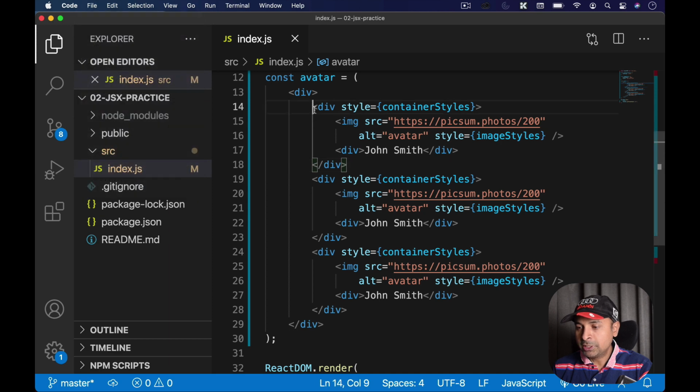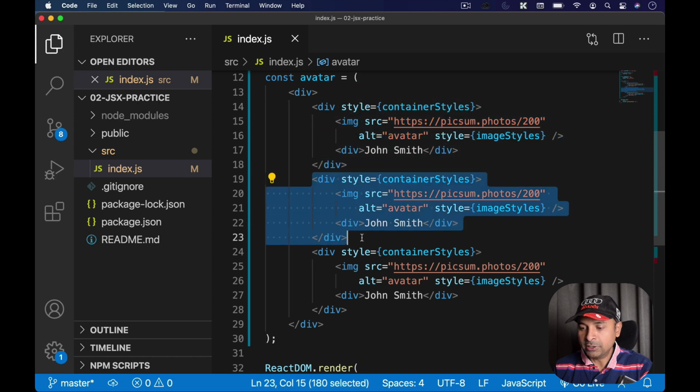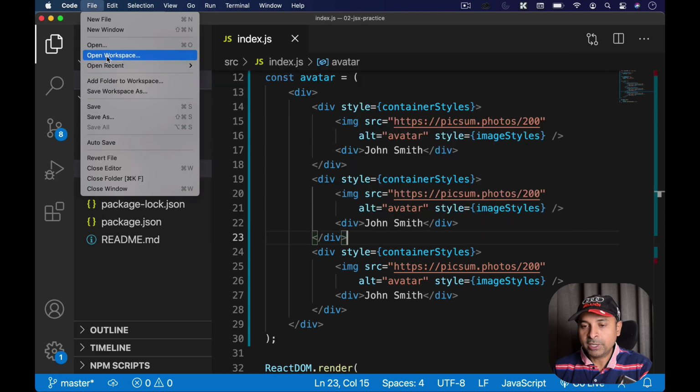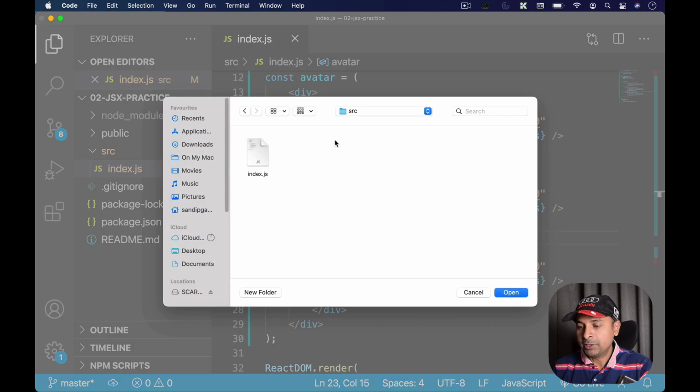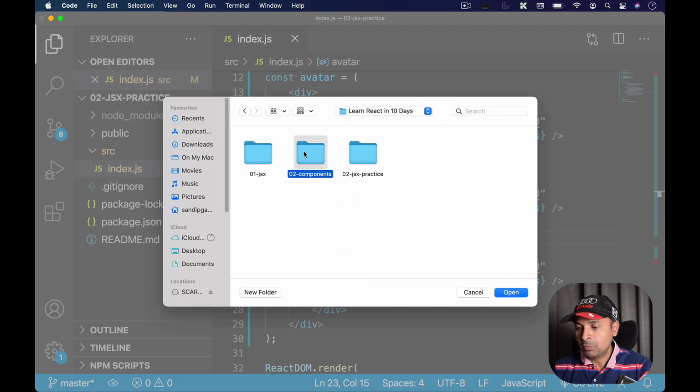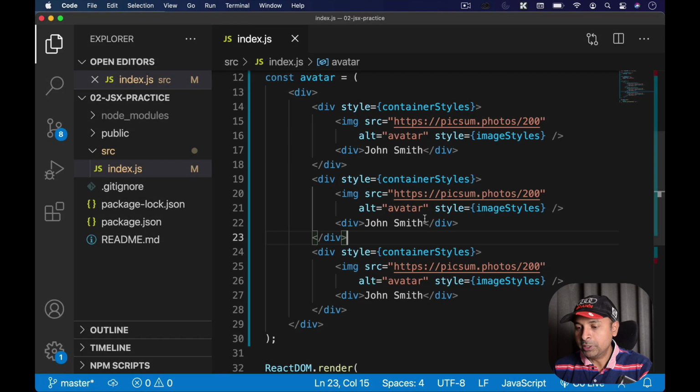So basically we need to create this component, right? So just keep in mind, I'm going to take this JSX, which is repeating here, right? And I'm going to create a new component out of it. So first of all, I'm going to open that folder, which I have created just now, component, and I'm going to open it,